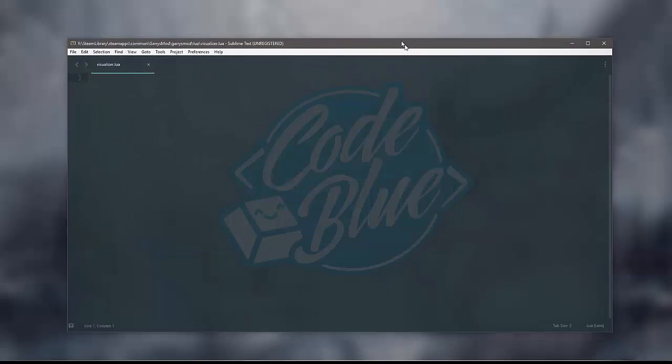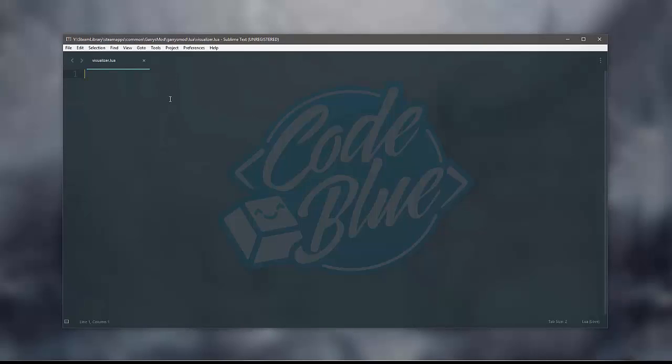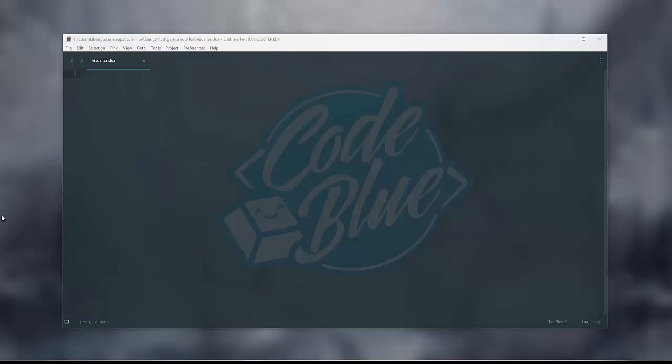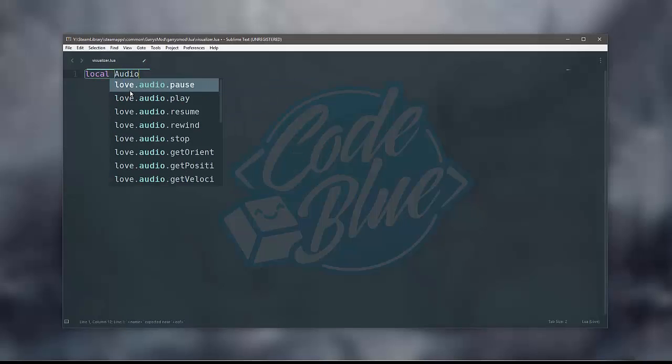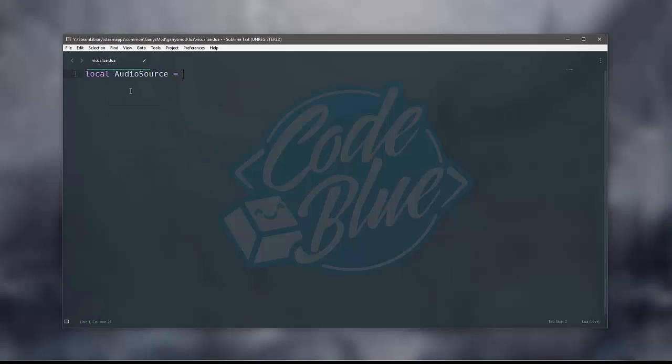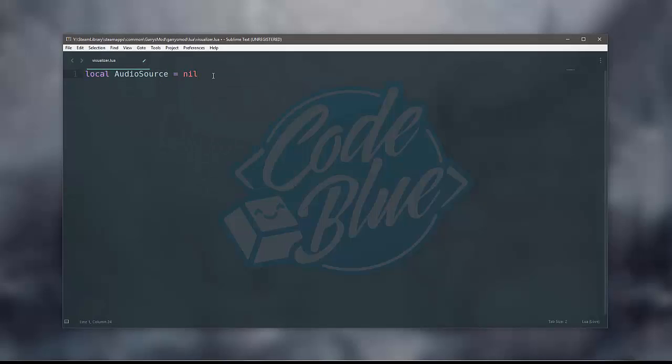So now that we have this here, we're first going to want to make an audio channel. To do that, we're first going to make a local variable, and we'll call it player, for example. Actually, no, that's a bit confusing. We'll call it audio source, and we'll set it to nil. The only reason I'm doing this is to define the variable in this scope, so we can access it outside of the next part of what we're going to do,